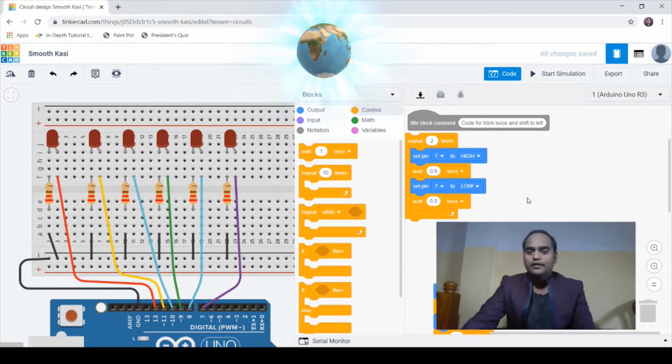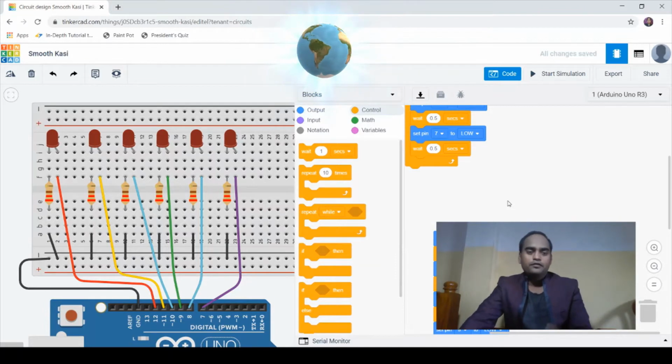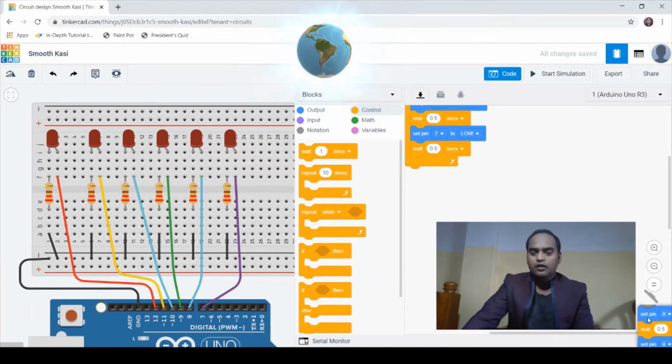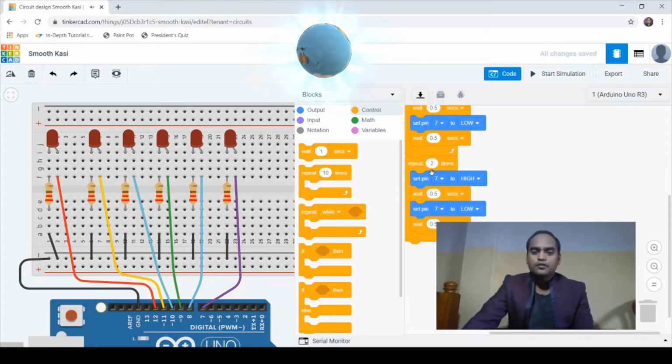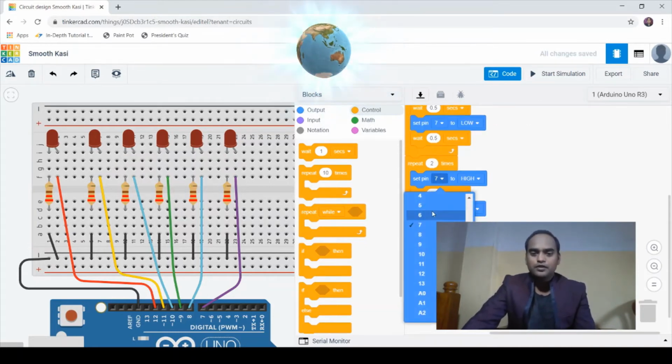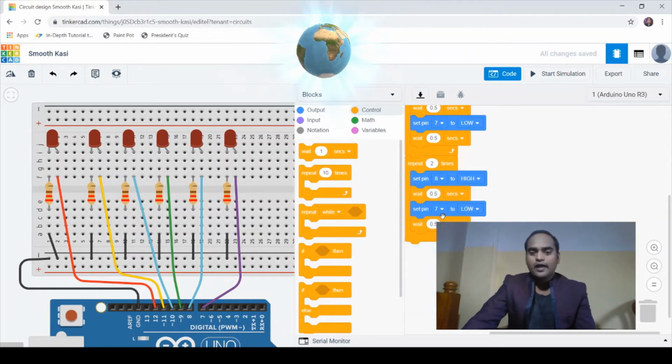So the next task is, we have blinked the first LED twice. Now it's time to blink the second LED twice. I'll simply make a duplicate of this block and drop it below. And now I'll change only the pin number, because I'm going to do the same with the LED connected to pin number 8.